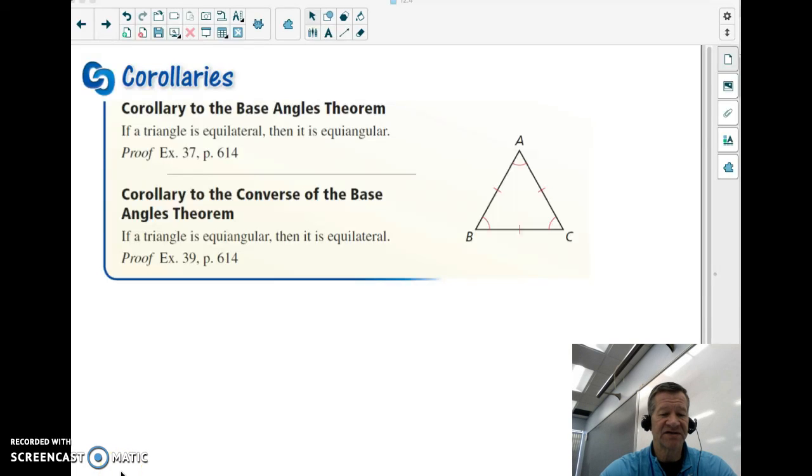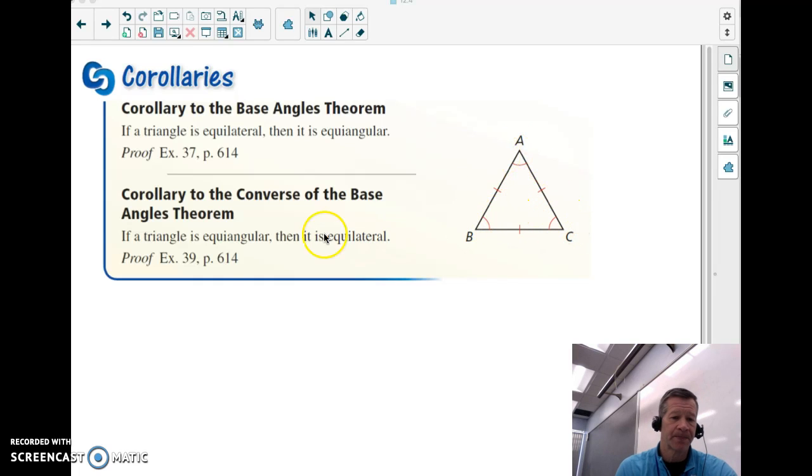So we've learned about the Base Angles Theorem and the converse of the Base Angles Theorem. Now we're going to talk about a corollary to the Base Angles Theorem. It says if a triangle is equilateral, remember what that means, all three sides are congruent, then it is also equiangular. Okay? So we know that the angles across from these congruent sides are congruent, and therefore all the angles